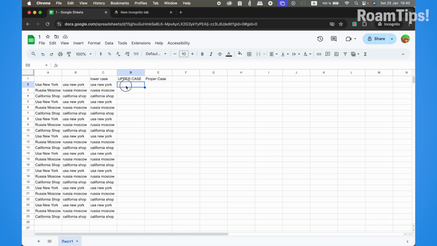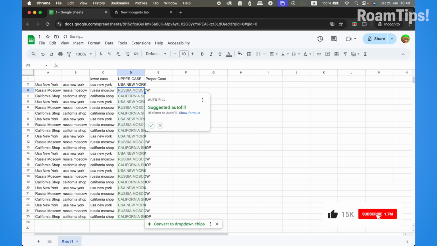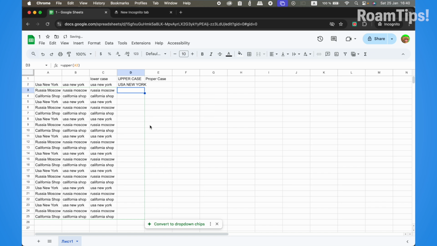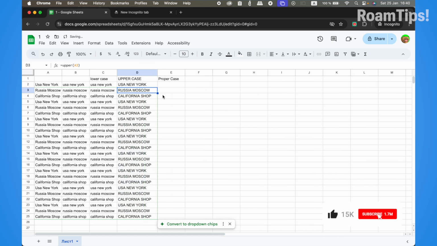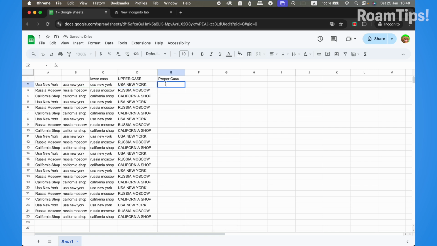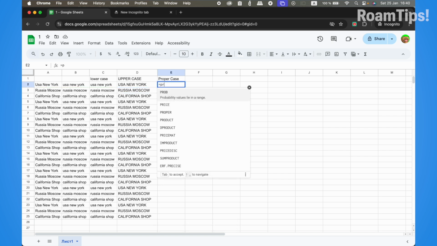Double click and write upper, open and select the cell, okay, close and press enter and autofill, okay, accept. The text changes, okay, nice. And proper, double click, write proper